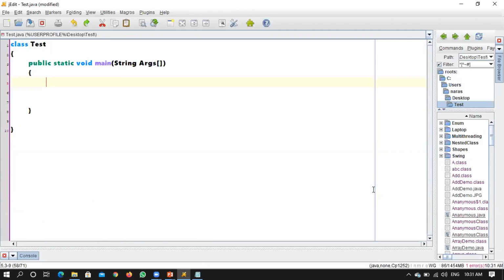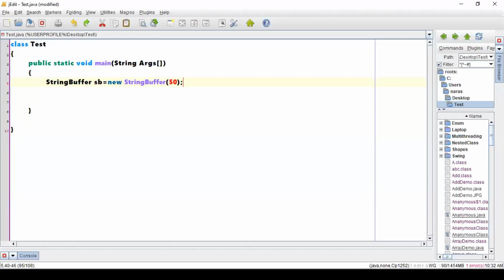Correct. Done. StringBuffer sb is equal to new StringBuffer. I said that I wanted a capacity of some 50, right? So that is my StringBuffer with the capacity I have specified.